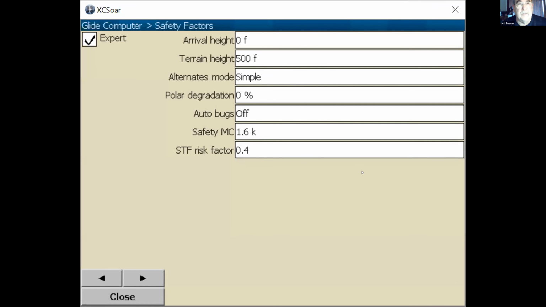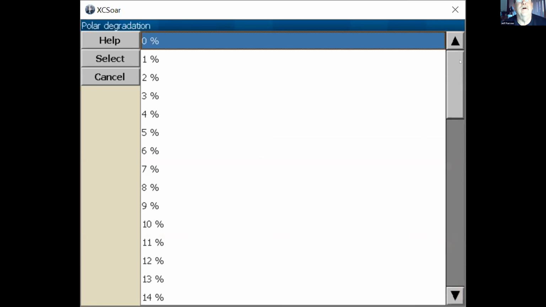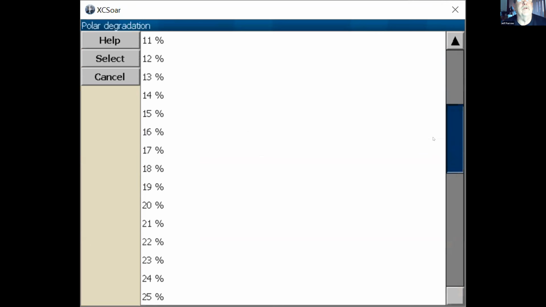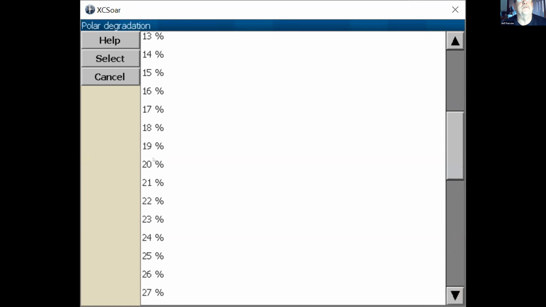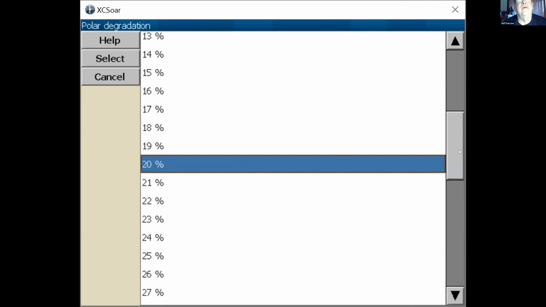So you can put things in there. If you believe your manufacturer's polar, you can agree to it. If your gel coat's getting a bit cracked and you thought the manufacturer was a bit optimistic to start with, then you can put down a degradation factor.